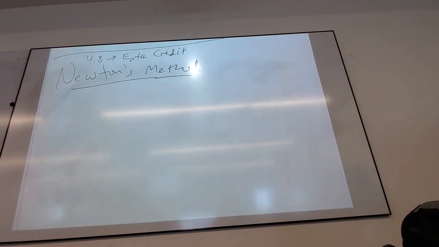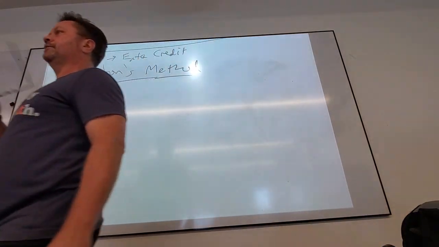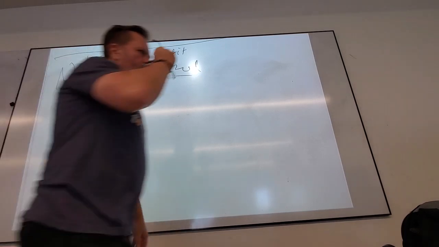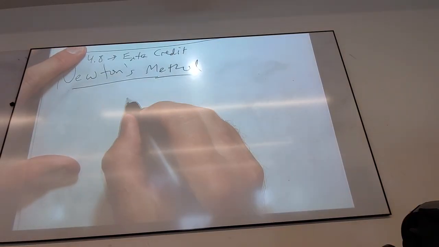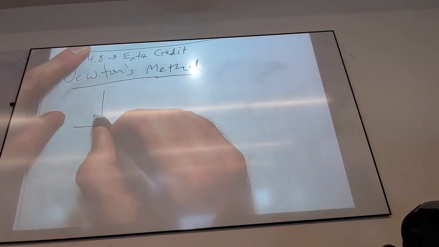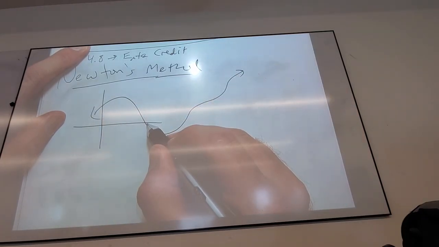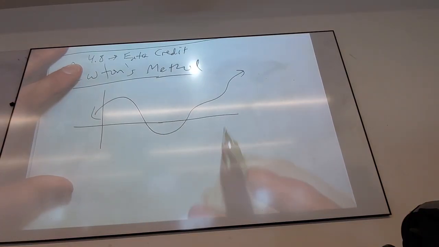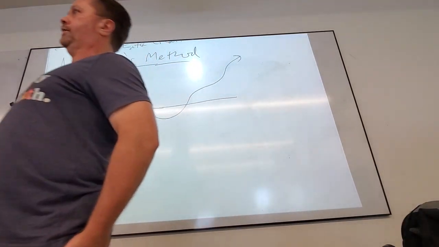So what is Newton's method? This is good old Newton, the guy who did too much, should have left some stuff over for other people. Newton's method attempts to find where an x-intercept is, where a function is 0. So for example, if I have a function that looks like this, there's an x-intercept here. Now, I'm going to develop the process given the graph, but in general, this is assuming you don't really have the graph, or else we'd just read off the x-intercept.